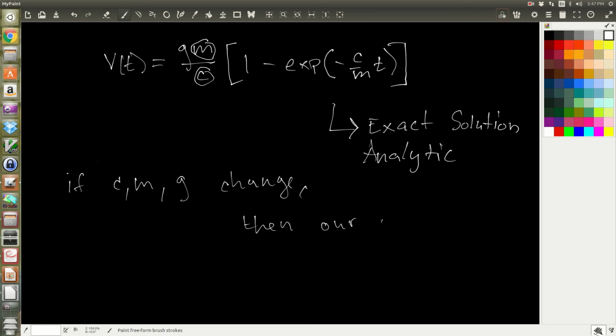Then our solution is no longer valid. And we have to come up with a new equation for our exact solution. Now this can be kind of cumbersome if we're trying to model real-world behavior, because falling